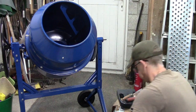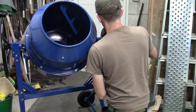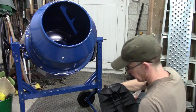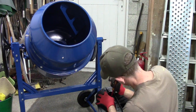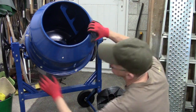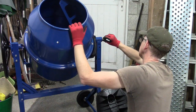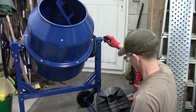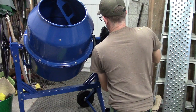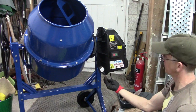Okay, so I think we need to turn this, or turn this, because it's at an angle. It's like a half shaft. Like that. Like that. Look at that. Tell you what, that cable's a bit...